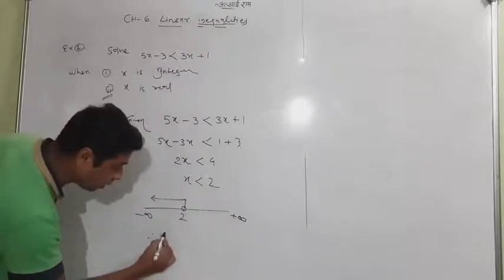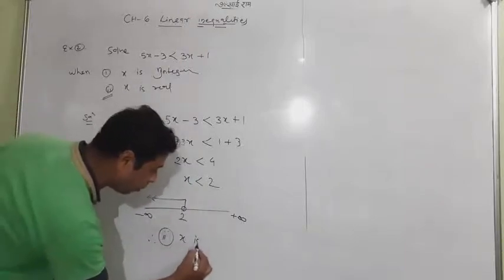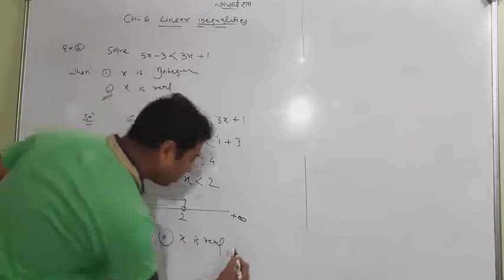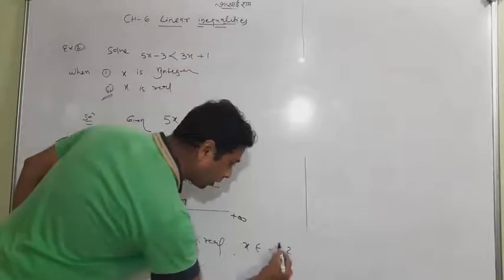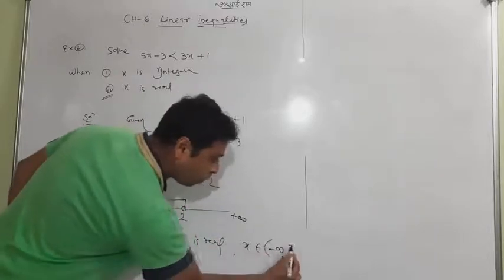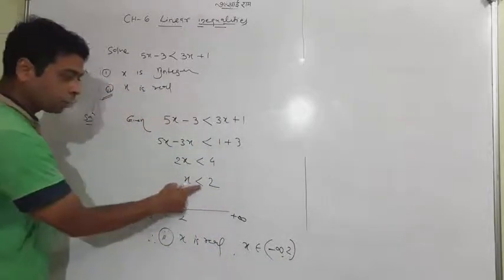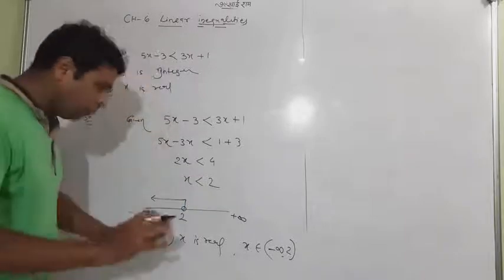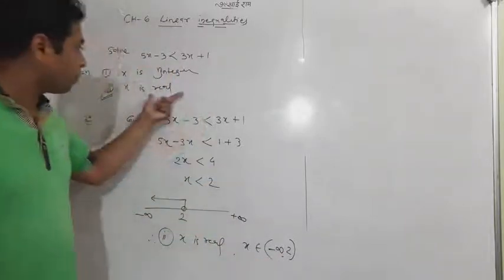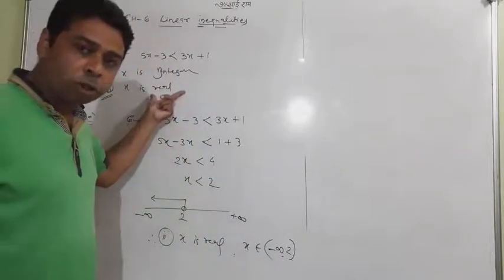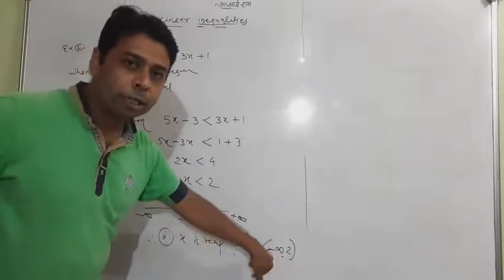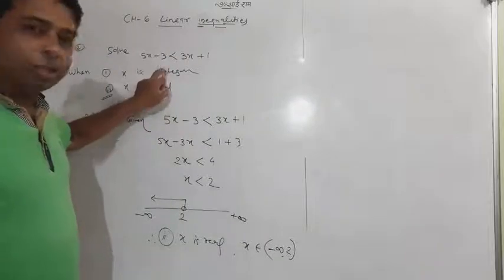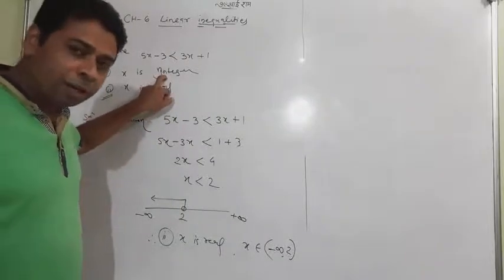So what is the answer of the second, when x is a real number? X belongs to minus infinity to 2. Look at the thing, it always follows the open interval. It is also an open interval because there is no equal to sign here. And let me speak frankly, that answer is a part of the real numbers. So whenever you want to represent your answer in real numbers, give the answer in an interval. But this is an integer. This will not be given in the interval section.